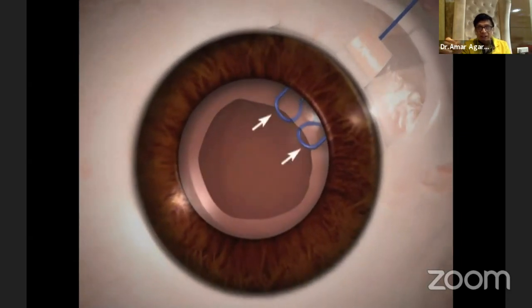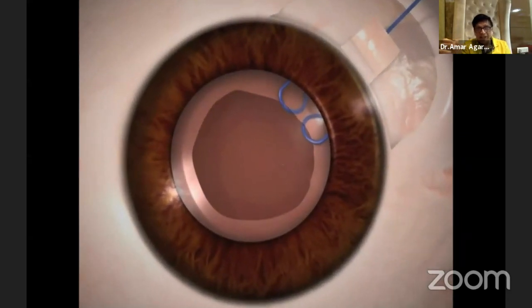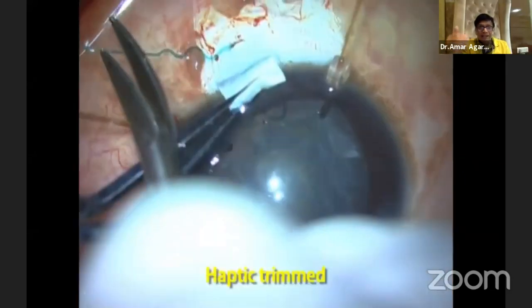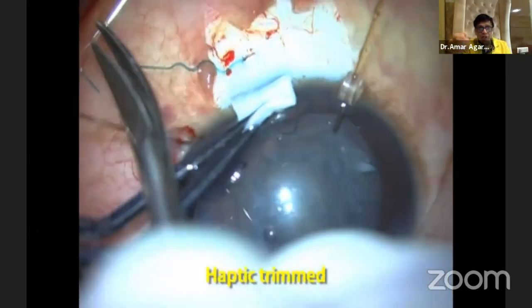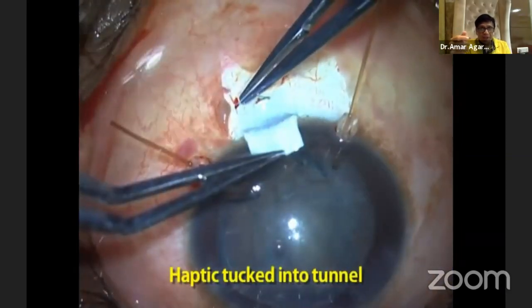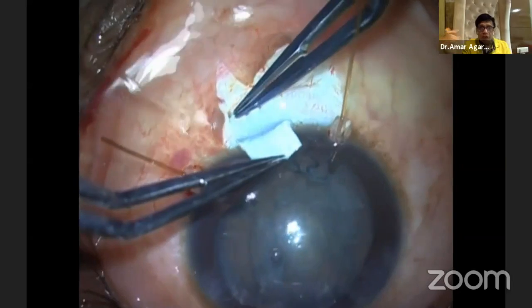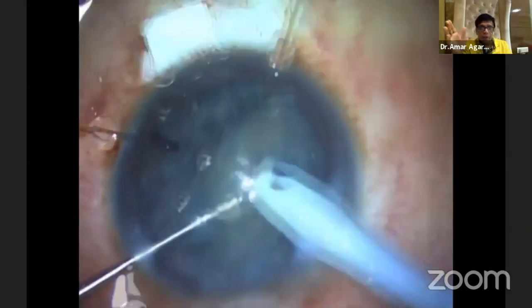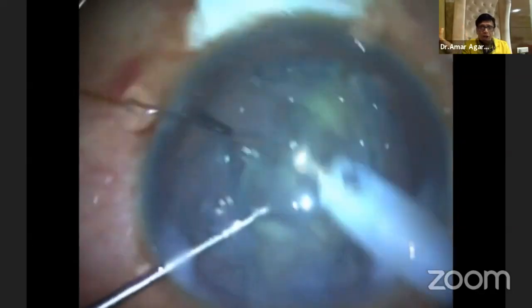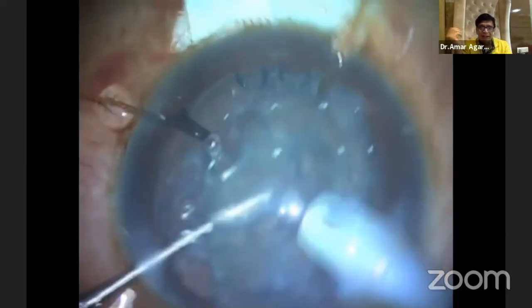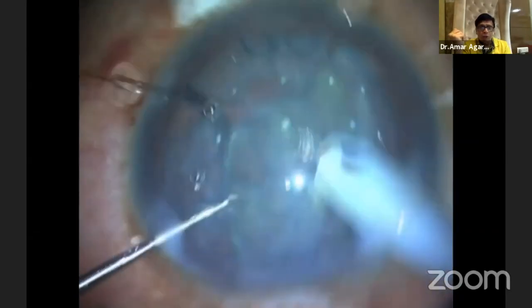The advantage here is, I can tuck it inside. So I can keep on pulling as much as I want. The problem when you do it with a suture is, if you pull it too tight or too loose, then to redo it is a problem. Here, however much you tuck, it's in your hand only. So here you can see now the bag is very stable. All the rest of the procedure becomes very simple, because once your bag is intact, all I need to do is take off my nucleus.